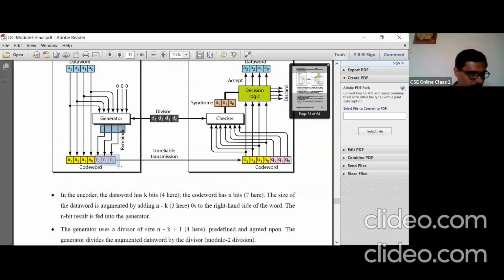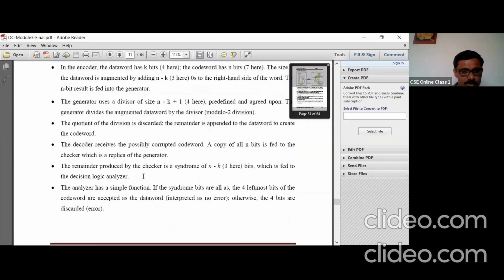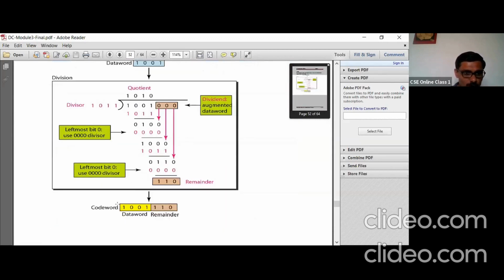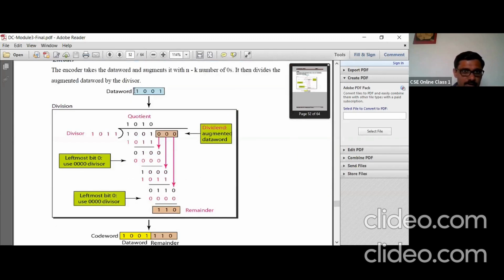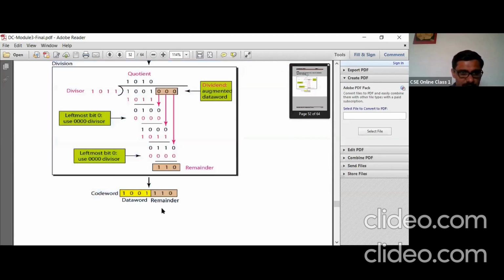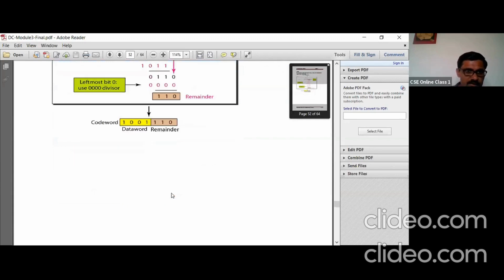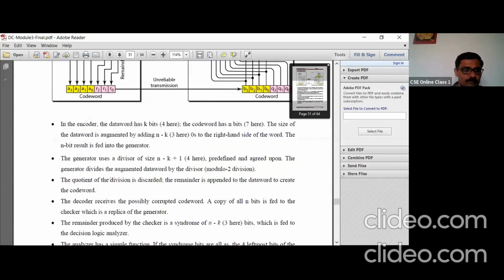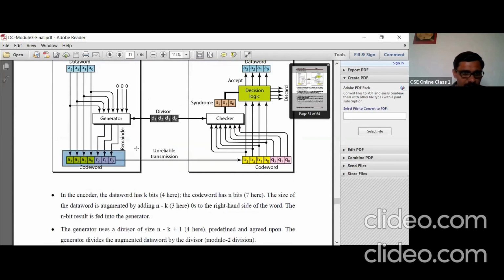They are added here, and that becomes your code word: data word plus remainder. The data word is this, plus the remainder. This total of 7 bits is the code word which is sent through the transmission line.